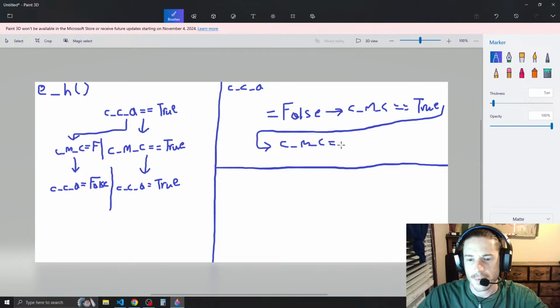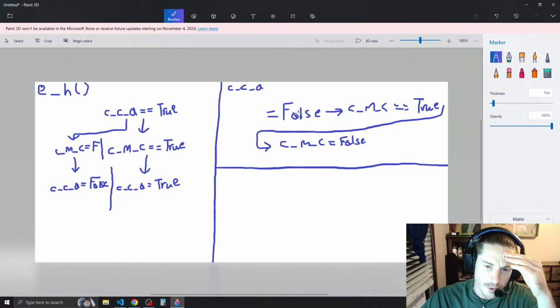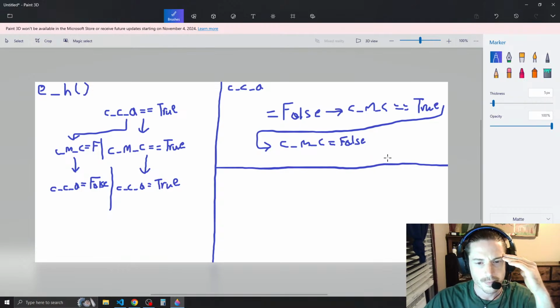So now, anytime you change click card active to false, you also get choose multiple cards set to false if it is true. Okay, and then now we have choose multiple cards, and choose multiple cards, its setter